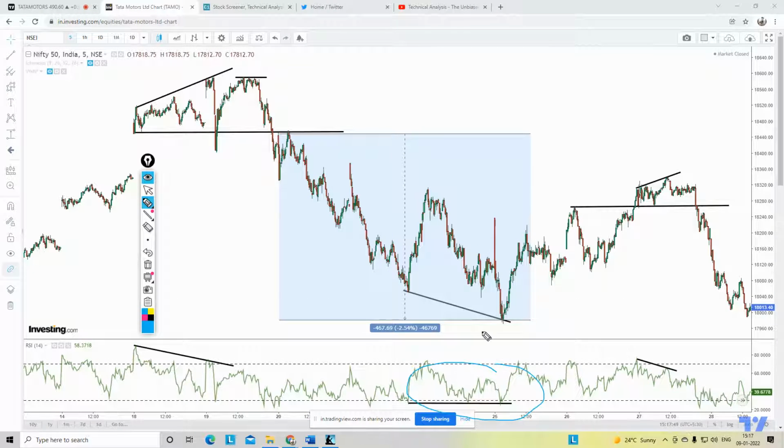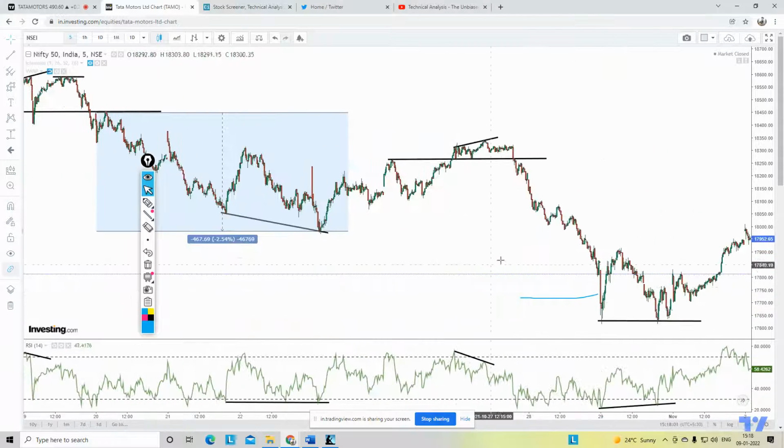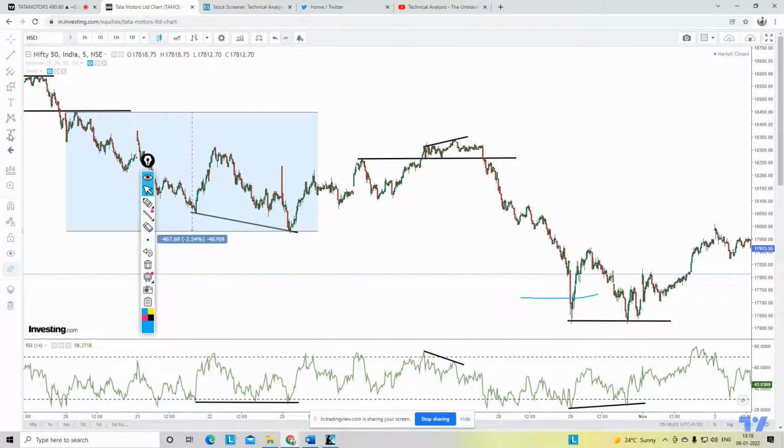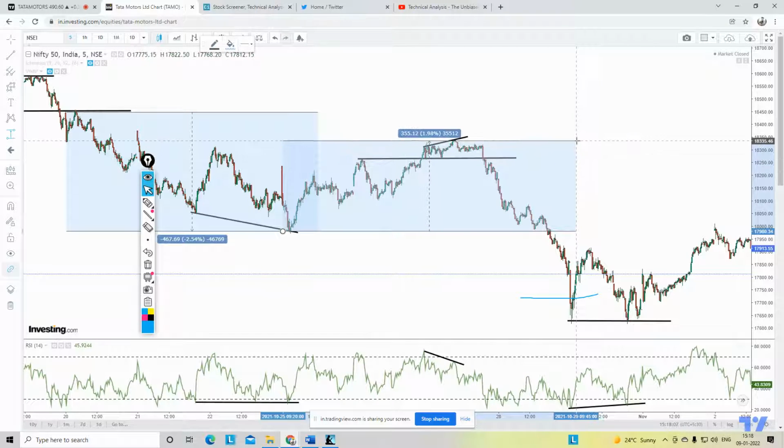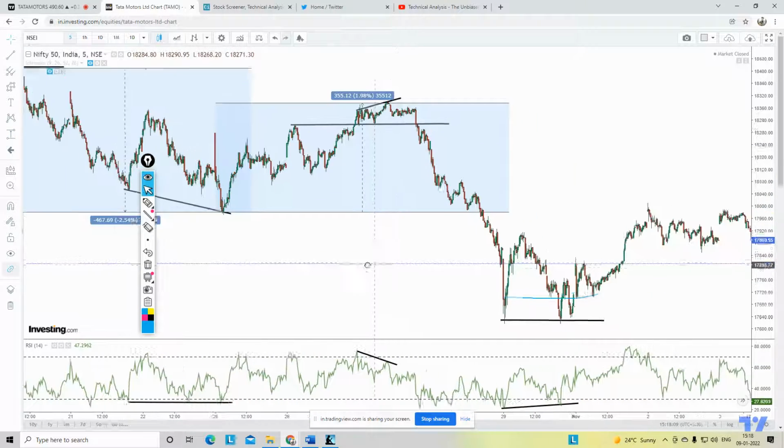There's a neutral divergence formed over here on this particular low, and this was a bottom then. I mean, this was a low for that particular day or a week. And again, you see that there is a reversal, correct? There is a clear cut reversal. From this particular divergence, a long divergence, we have a rally of again 355 points.